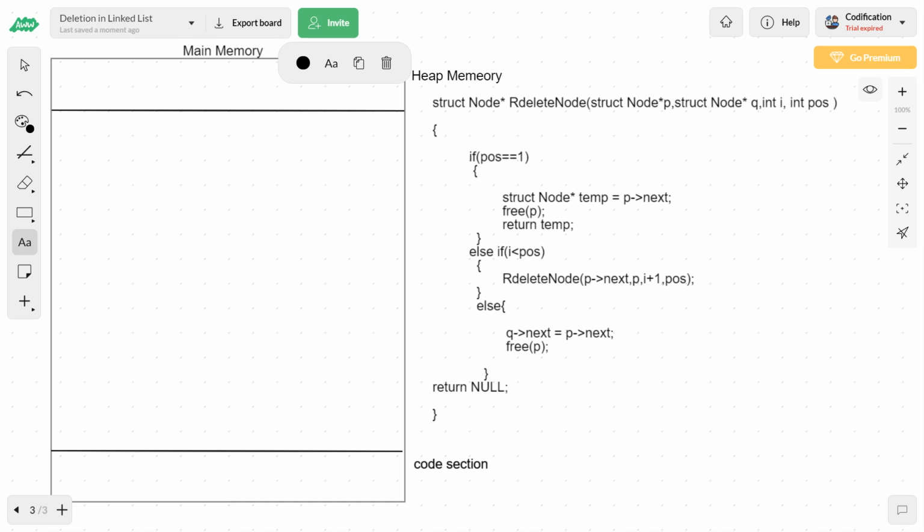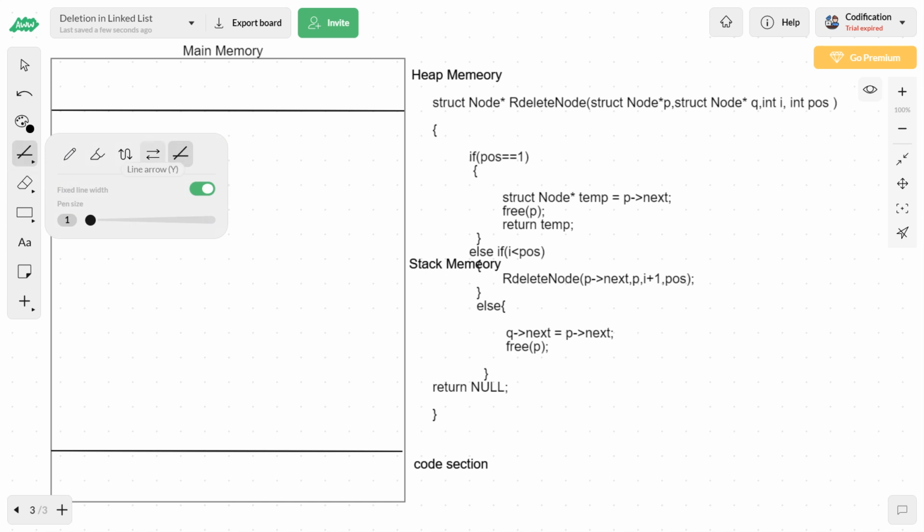And the middle one is called stack memory. Now whenever a function is called, an activation record will be created. Initially, when this function was called outside, an activation record for that call would have been made.